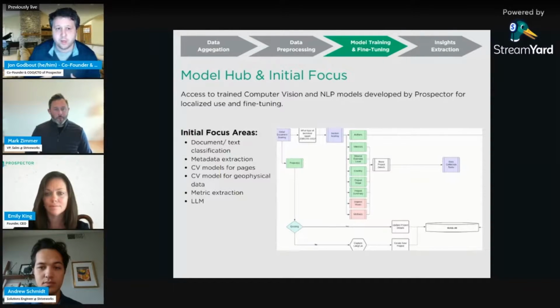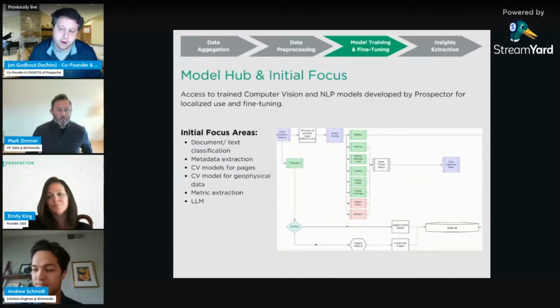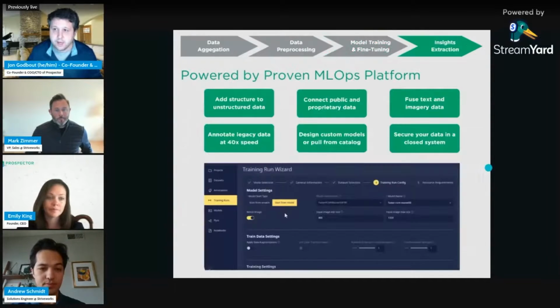And they're models which we intend to make available for organizations and others to use on their own data sets or to apply them into our data in a way that we haven't even thought about yet. And then this gets to where I'm going to hand it over to Mark to talk about the MLOps platform that comes into this process.